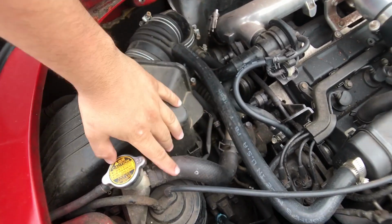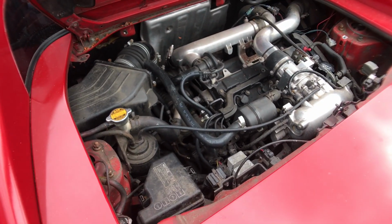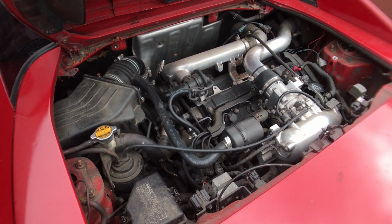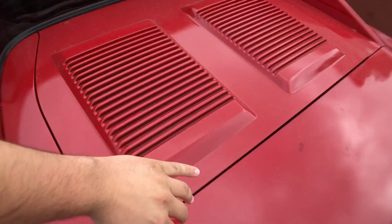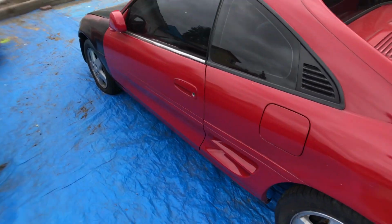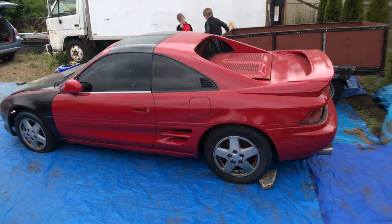It had a bunch of this stuff just unplugged, and I put the parts back together this morning. So hopefully I can get this thing to run smooth today. Maybe take it for a little drive. I have driven it before, but just half a block down the road. So yeah,